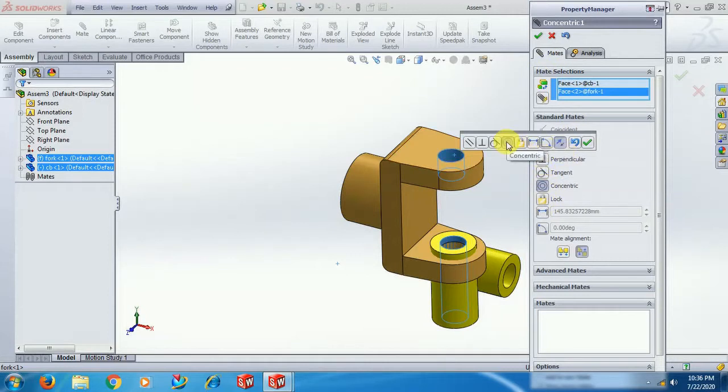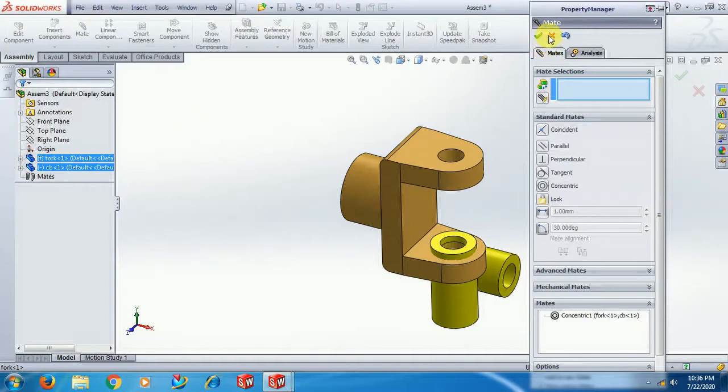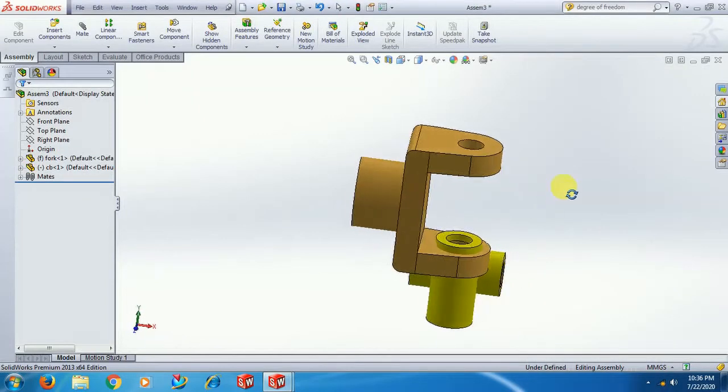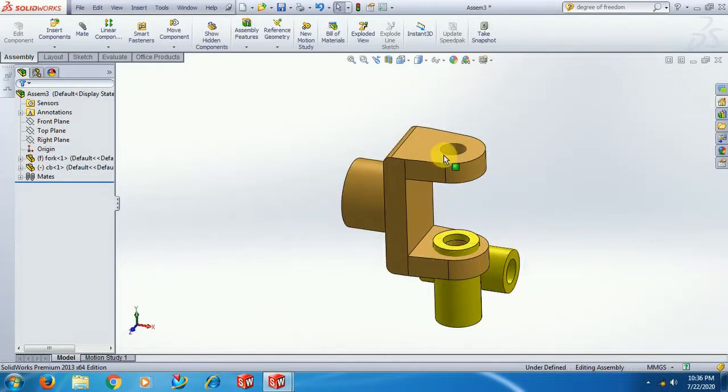Concentric, you have to select concentric. Even if you don't select this option, when you select cylindrical surfaces it will automatically be checked on. Simply go for OK. See, now it is coincided with the center axis of the base part.